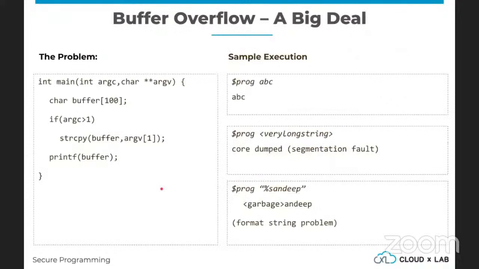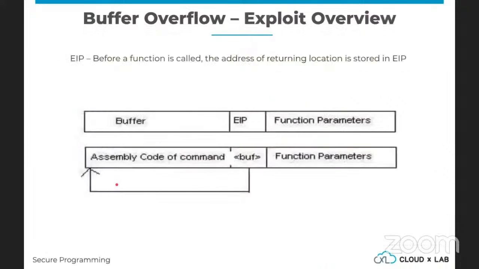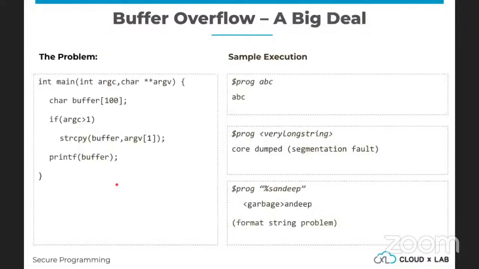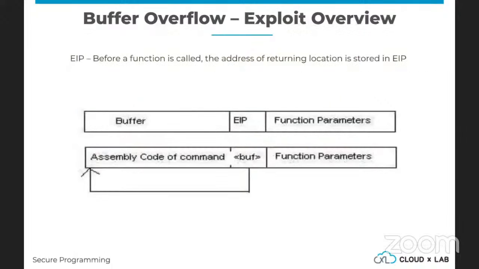Just so innocent looking code is so easy and it causes a terrible bug in the server. So even though it looks very obvious that we are just copying the first argument into the buffer and printing it, what big deal, we are not really doing anything with a system command or anything, right? Still, this is very much exploitable. Let me walk you through this. I'm going to give you a very high level overview so that you get an idea about what we're talking about.